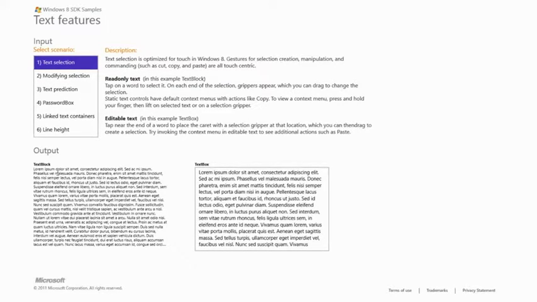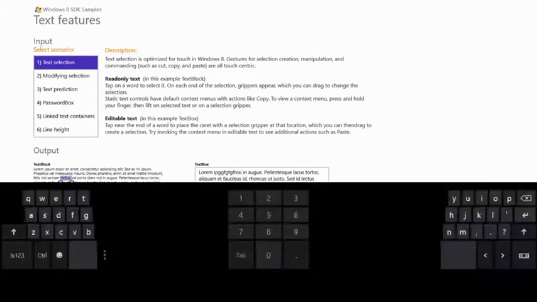Here's a text block, usually known as a label in Windows Forms terminology. You can select with your mouse. That's what I'm doing right now. You can do the same thing in the text box, and I can kind of edit away in the text box. Now the other thing is I can use touch. So if I were to touch the